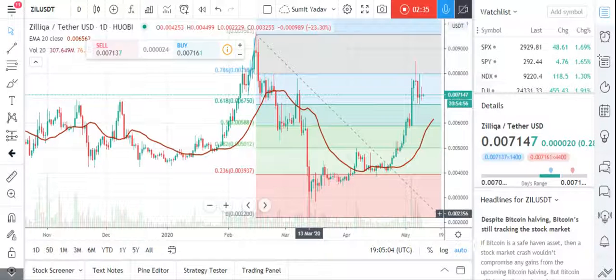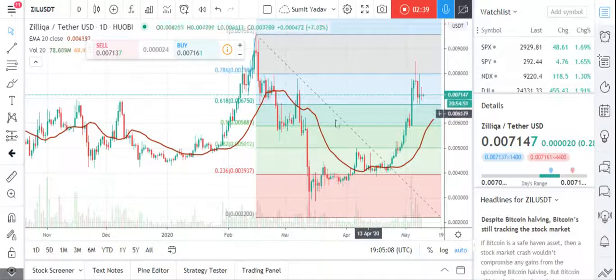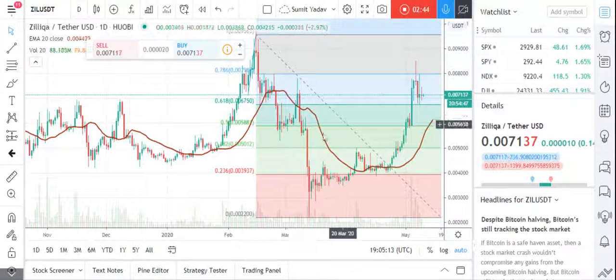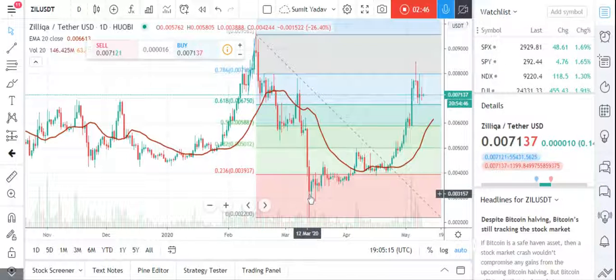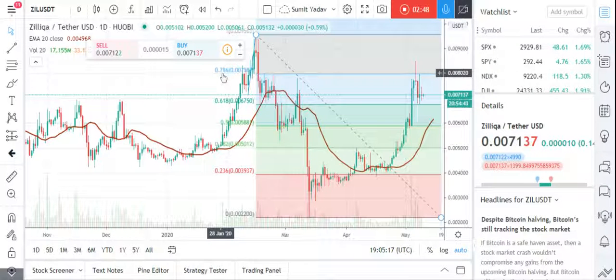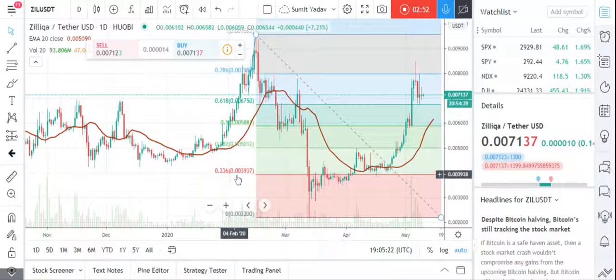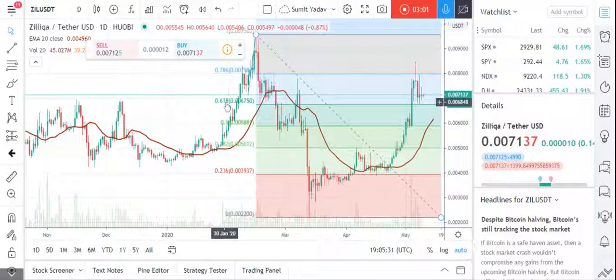So it was a vertical distance. We have divided it into horizontal lines. We have divided this vertical distance into these horizontal lines in Fibonacci ratios. So we have 0.786, 0.618, 0.5, 0.382, 0.236, and I want to show you over here that 0.618 is the golden Fibonacci ratio. It is said to be the golden Fibonacci ratio.